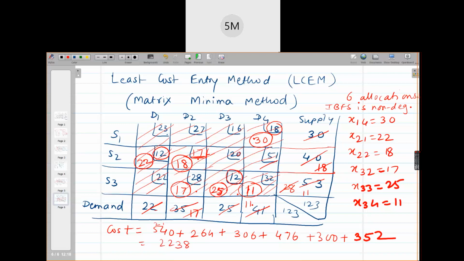2238, right? And what was it using NWCM? It was 2897, right? So 2897 minus 2238. So it is significantly reduced. It has reduced by 659 rupees because